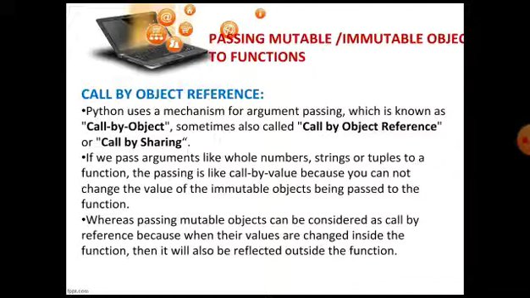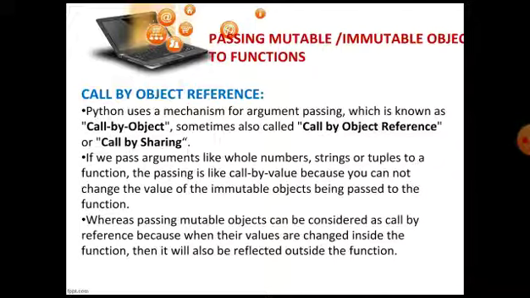The changes being made in the function are not reflected in the main program. The changes exist only in the function itself, and they do not exist in the main program. In the main program, the value of the variable will remain as it is, as in the case of call by value, because it is not modified.